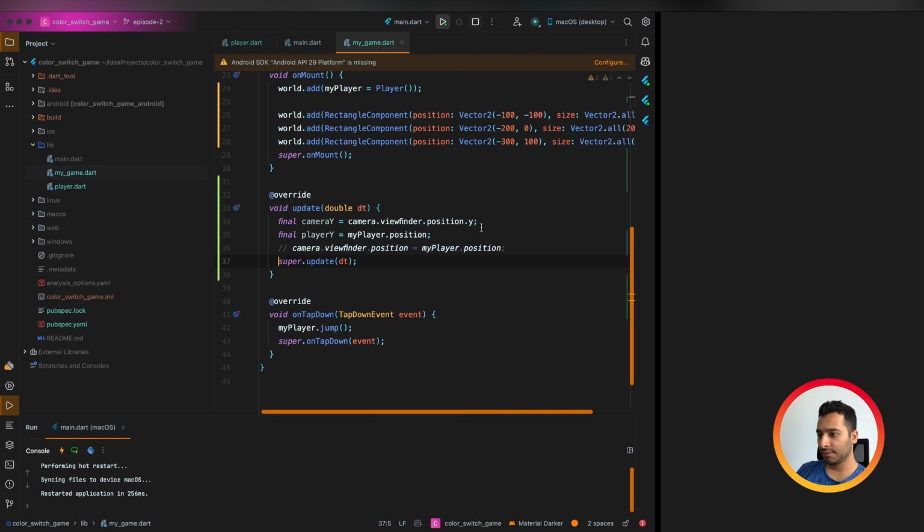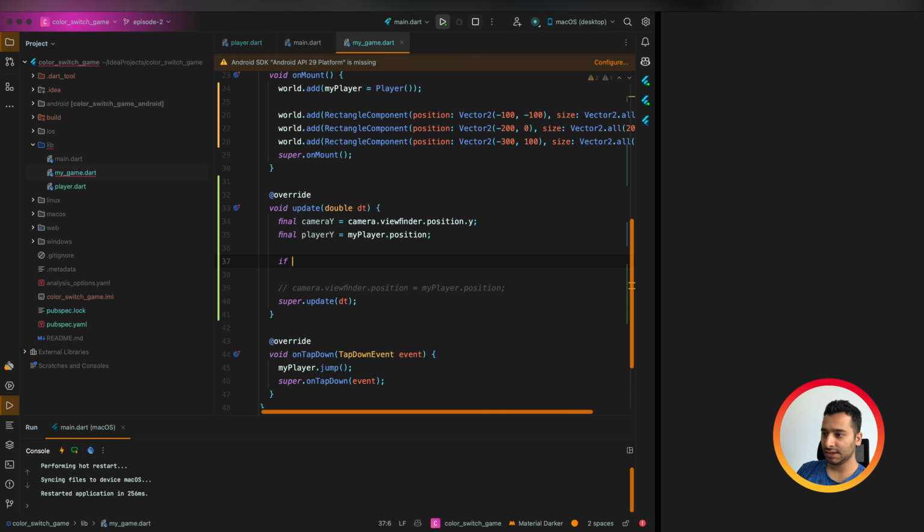And I will comment this code. I can say if we want to check if player.y is something lower than camera.y, it means that player moves top and our camera should follow.